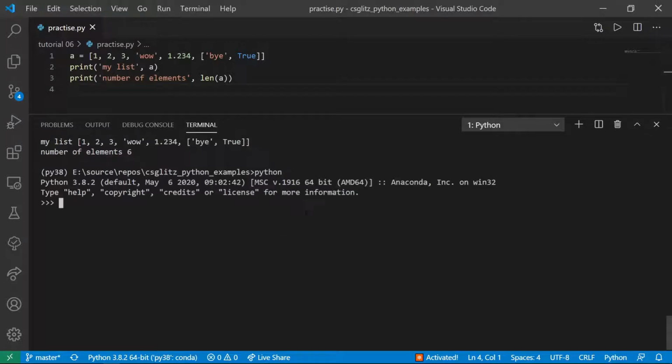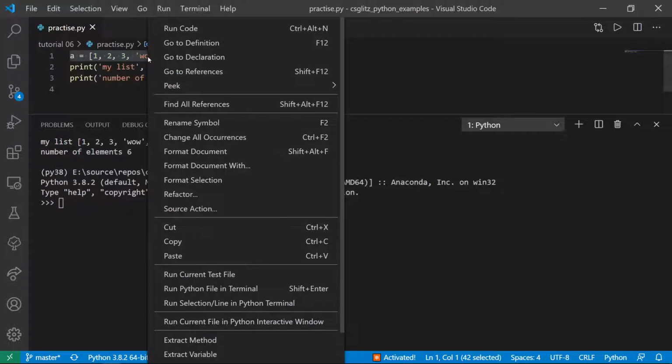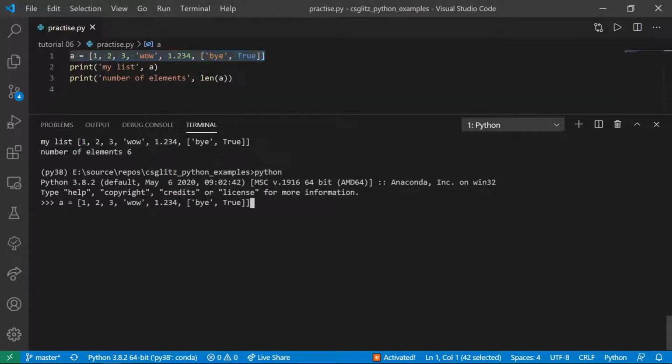Let's try something in the Python shell. To access an element, we can use indexes like we do in strings. We can use the type function to get the type of individual elements.